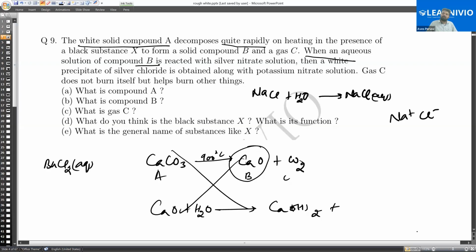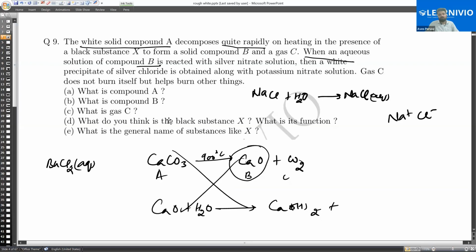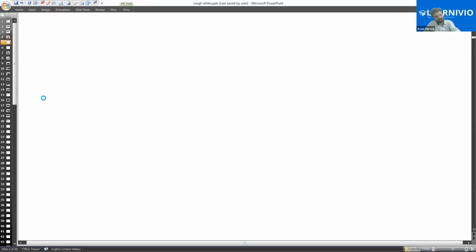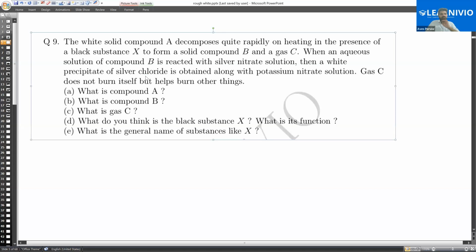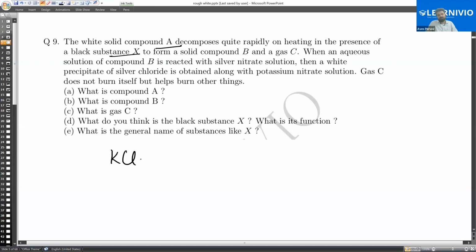So another popular reaction is the decomposition of potassium chlorate. If I take this question again and start discussing it, you will notice that a white solid substance A decomposes rapidly on heating in the presence of black substance X. So let it be KClO3, potassium chlorate. When you heat it,